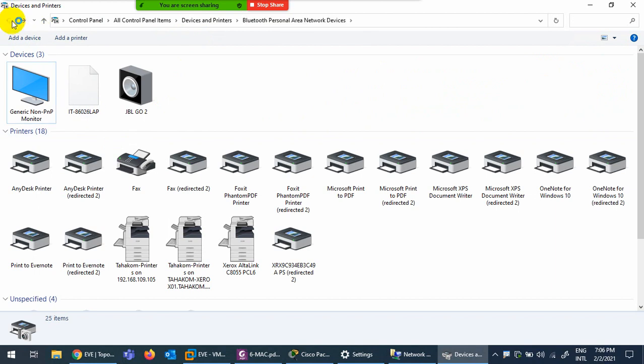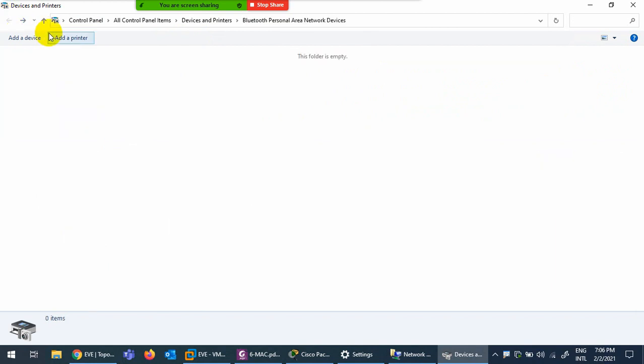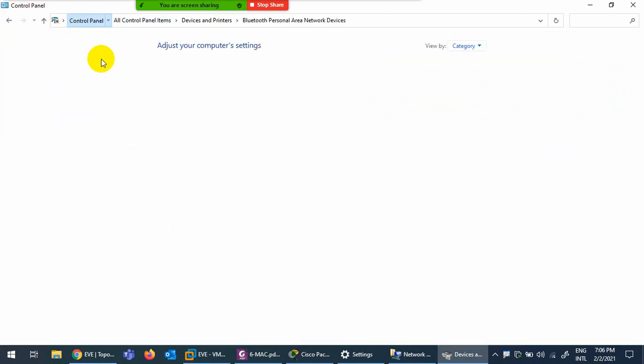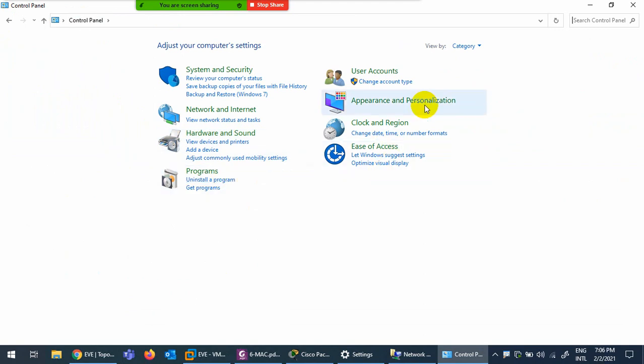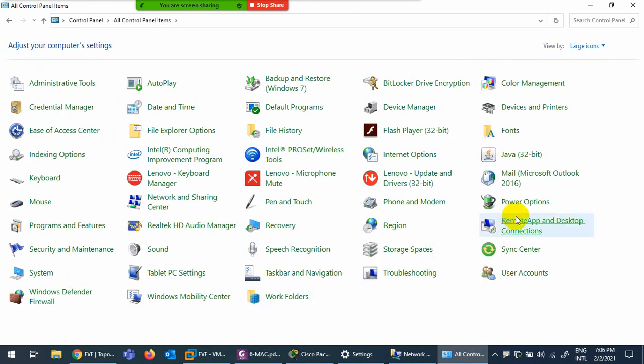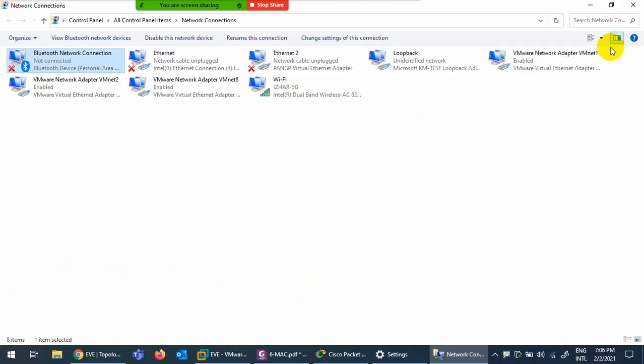Sorry, I need to go back to control panel and network adapters. It's disabled, so that's why I clicked. Okay, it's better to go by shortcut.